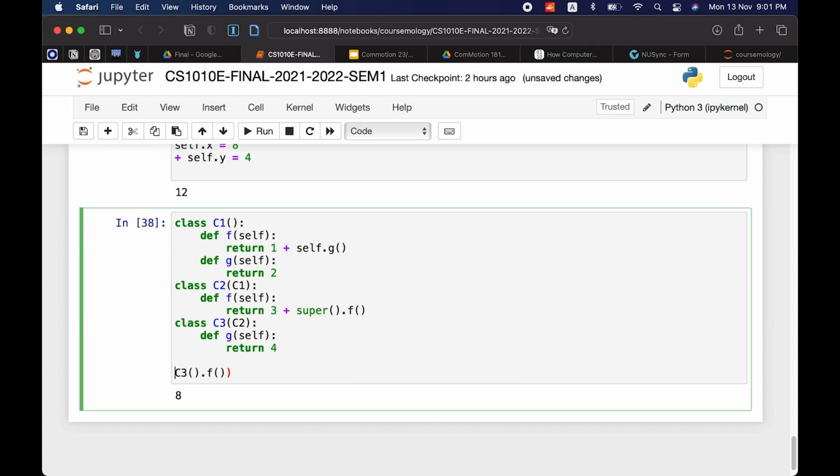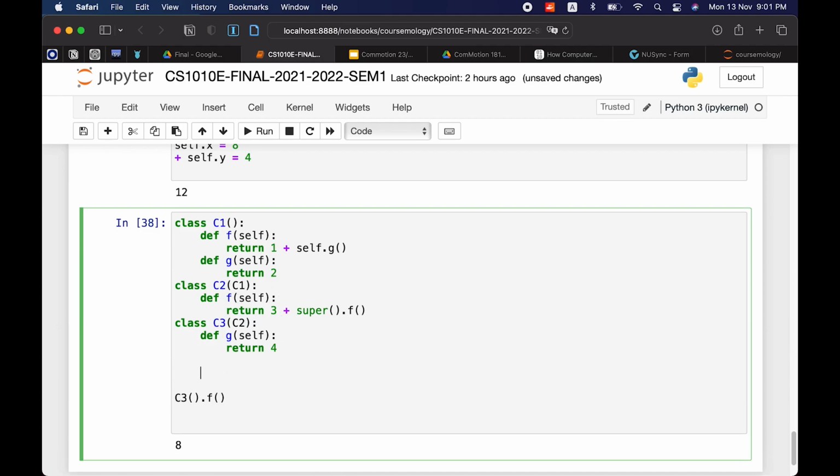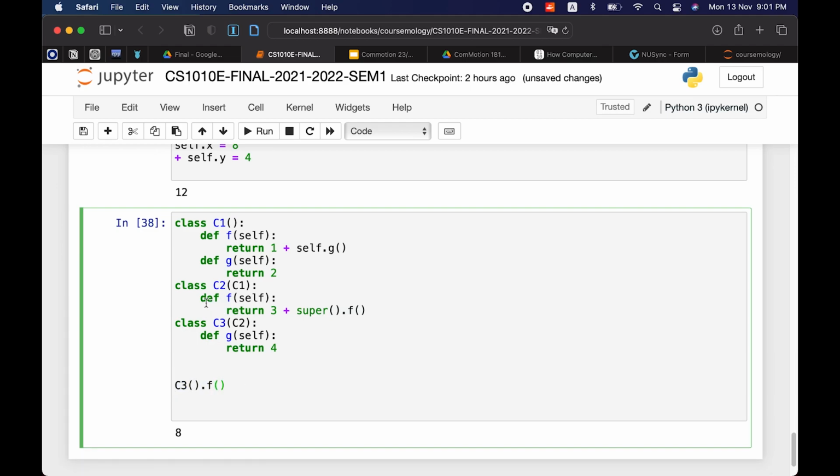The reason is we have C3, so we call C3. C3 is f, but it's a subclass of C2, which is an f function, so that's how we can call it. So this doesn't do anything right now, but we're going to access the f. Since C3 is a subclass of C2, right? Basically it has a def f here, the exact same thing here. So we can think of it as being part of it. That's why we can call it. So now we reference this,